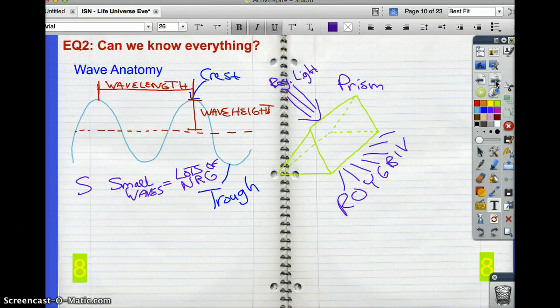We're finally on to EQ2. And one of the first things for EQ2 that you'll have is just some basic wave properties. This is when we were playing with the Slinky toy in class. So you should have a sketch here, a diagram showing wave height and wavelength and the crest and the